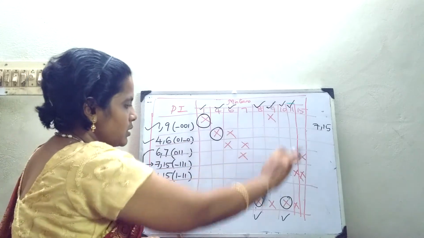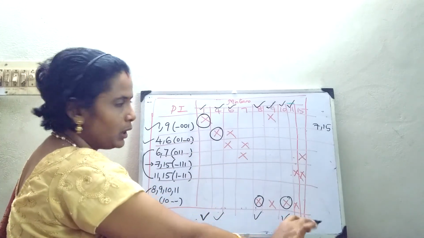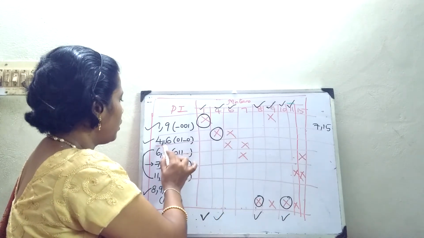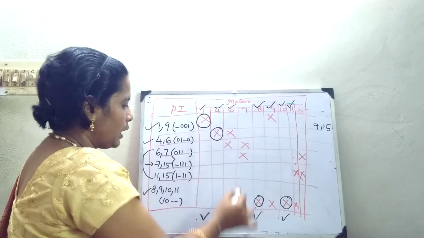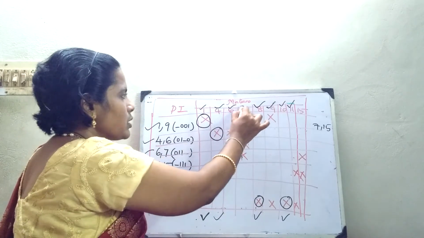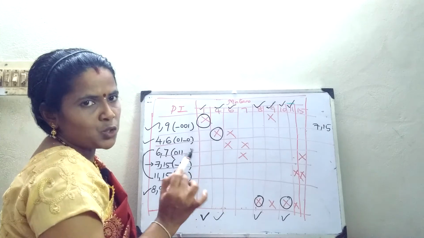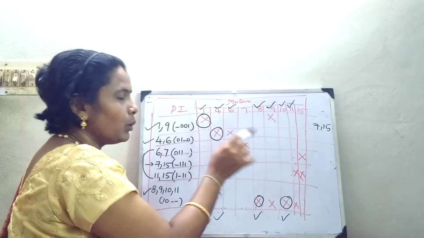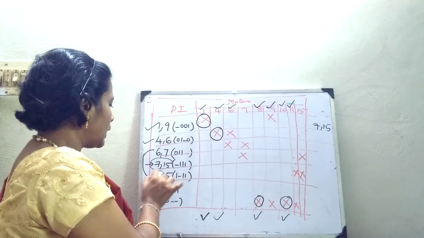Okay, now you just see this thing over. Now again one cross is over fully. Now you can come for the 2 cross. When I want to put a 2 cross, this 4, 6 is already included, 6, 7. Then automatically by the procedure you will put a tick mark and include 7 also. Okay, in this case only you should think of what has to be done. Else if you are just going by the normal procedure, just like that you will tick it and 2 terms will be included instead of including a single term.